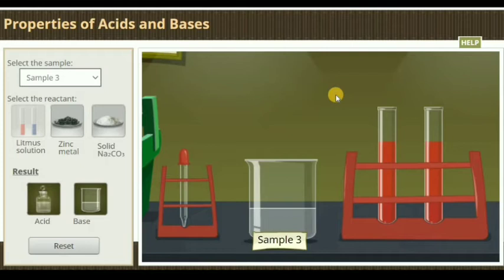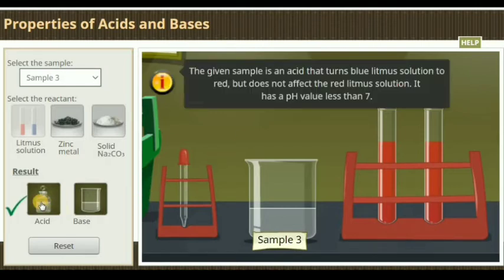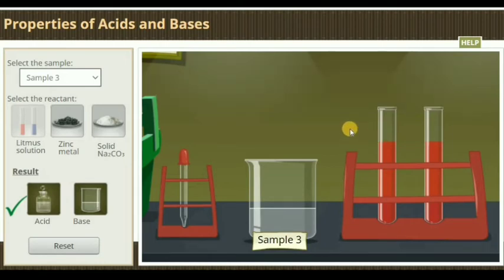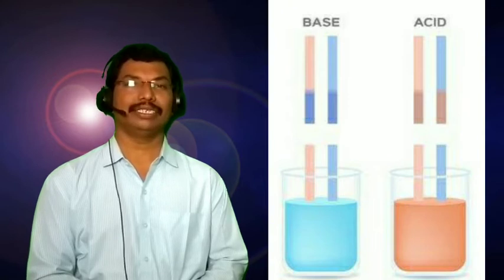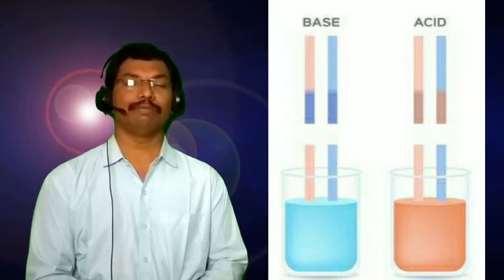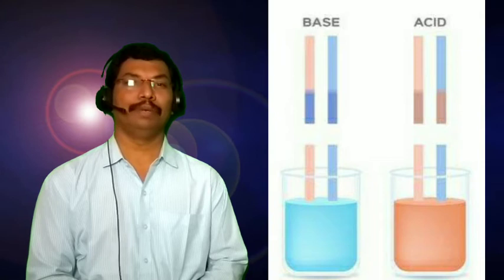So we know that acids turn blue litmus to red. So from this we can assume that it is an acid. Sample 3 is an acid. Now if I check it, yes, it's the right option. So the given solution turns blue litmus to red and it doesn't affect the red solution, hence it is an acid. From the virtual lab activities, we can conclude that acids turn blue litmus into red and bases turn